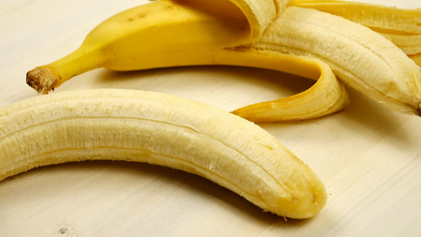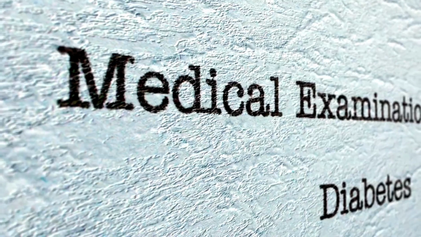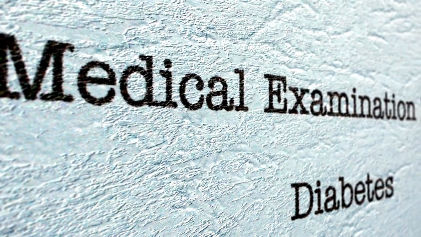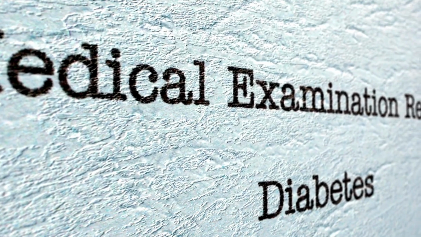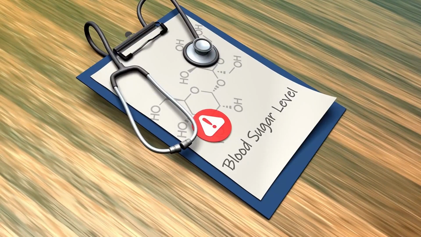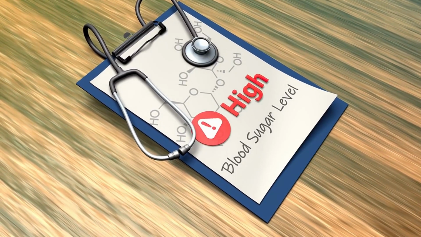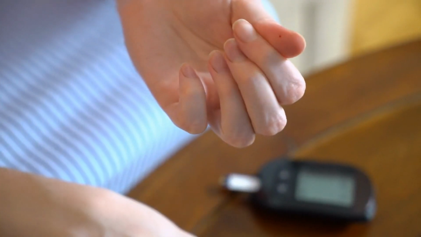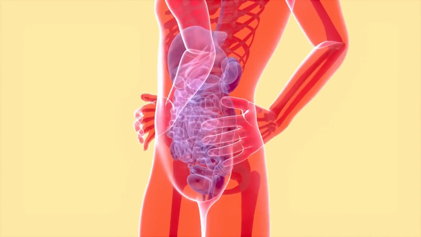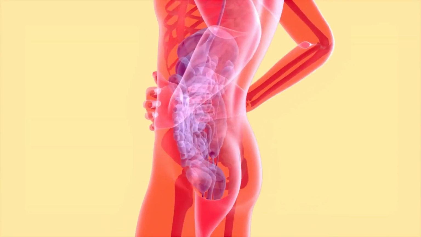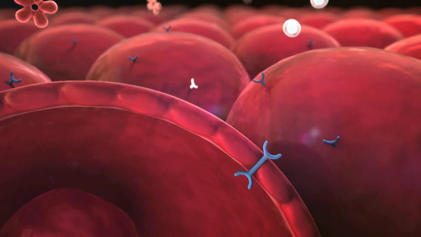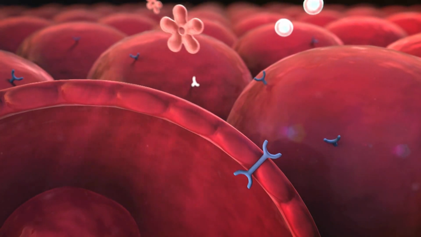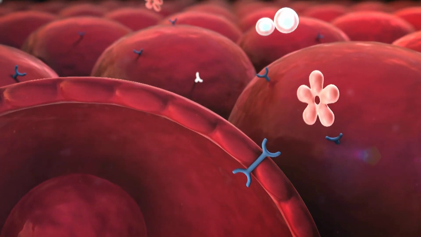Bananas contain carbs, which raise blood sugar. If you have diabetes, being aware of the amount and type of carbs in your diet is important. This is because carbs raise your blood sugar level more than other nutrients, which means they can greatly affect your blood sugar management. When blood sugar levels rise in people without diabetes, their bodies produce insulin. This helps move sugar out of the blood and into cells, where it's used or stored.